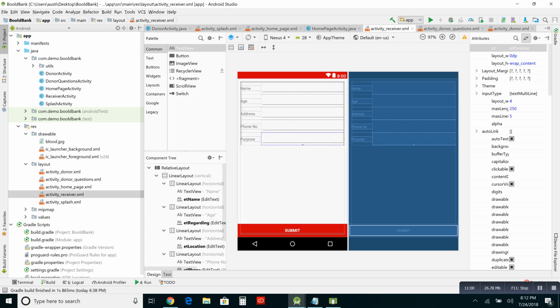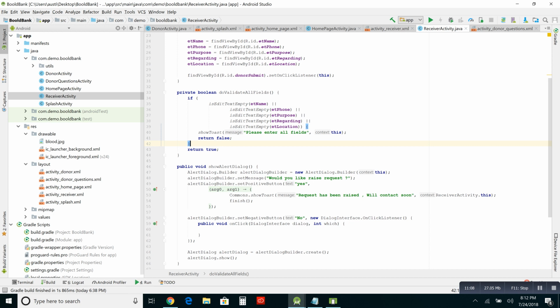I will go to the code now. That is the code for activity receiver. So this is the code for activity receiver. That will be name, phone, purpose. Oh, sorry, this is for